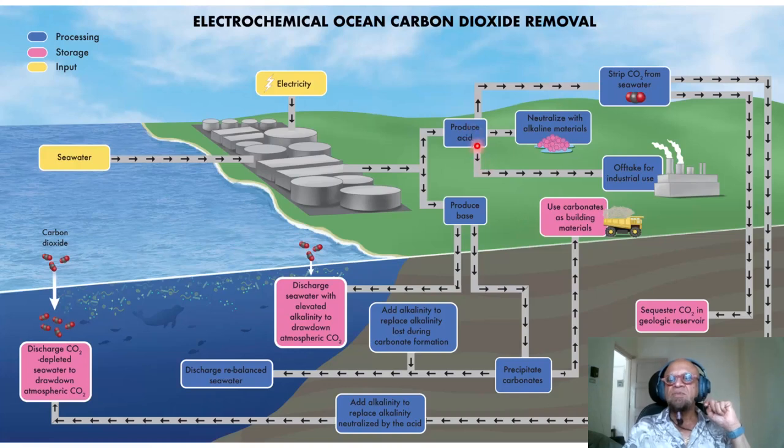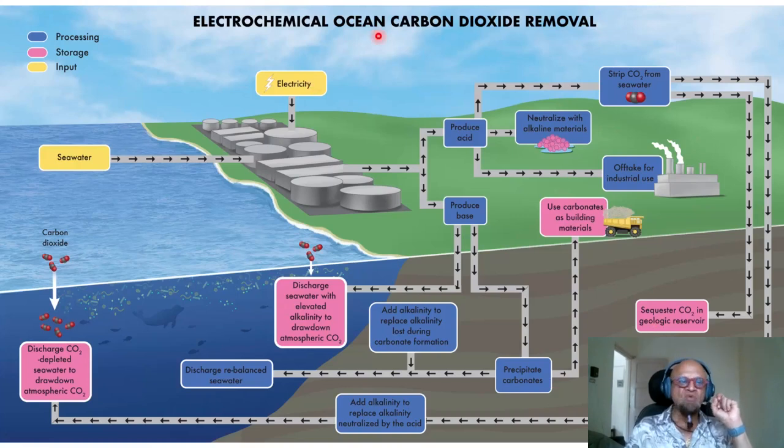So here produced acid is neutralized with alkaline materials as well, and you are also off-taking for industrial use. So it's kind of a CCUS, carbon capture and utilization, carbon capture and sequestration,